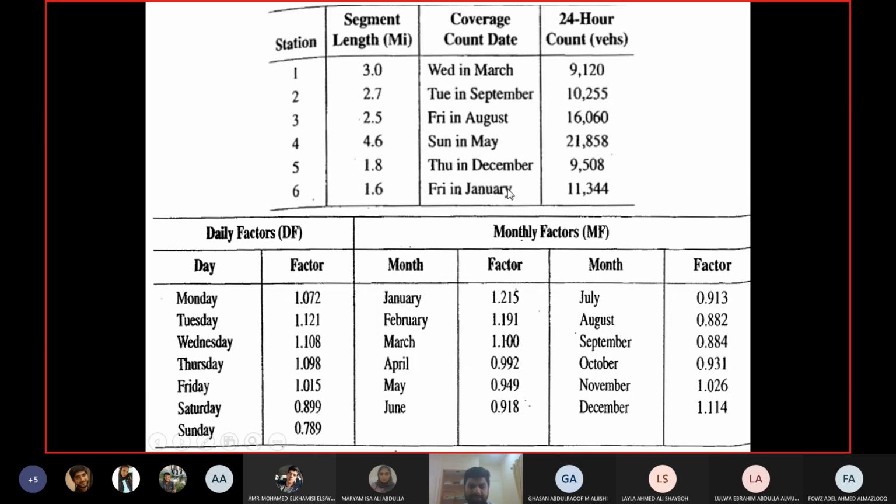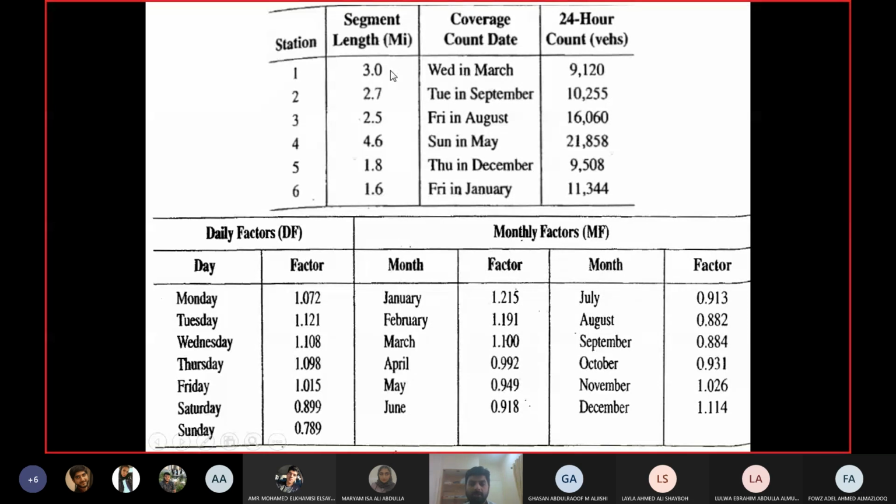So this is the same table which I showed you in the previous example, where we calculated the AADT. Near this control count location, we have 6 more coverage count locations. On all the locations, they have collected the data for 1 day, so they have 24-hour counts for these 6 locations. These are the values of the counts, so these are 1-day volumes. The day and the month for each value are mentioned here, and the length of the segment is mentioned here. And they're asking us to calculate VMT for the entire year.